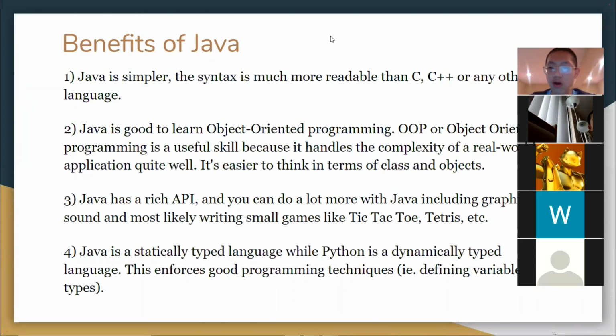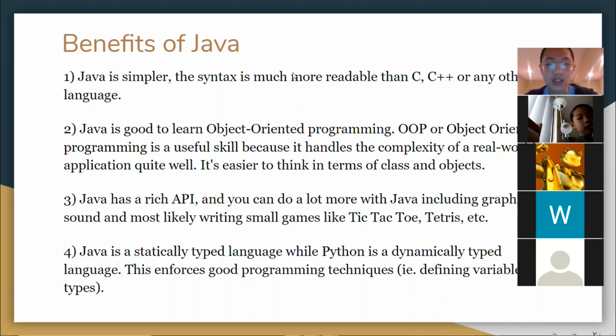Java is a more comprehensive language. Additionally, Java has a rich API, which means that there are a lot of already uploaded programs and methods that you could use based on the community of Java. This means that it is easier to import, say, a program, and this makes writing code a lot easier because we're able to copy the code from a previously available method, and this can allow us to write games or whatever.